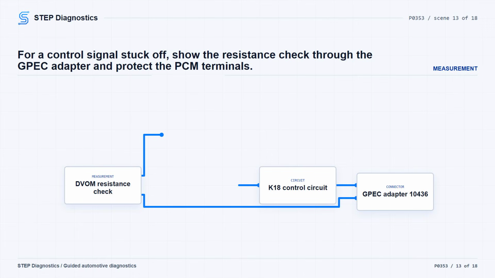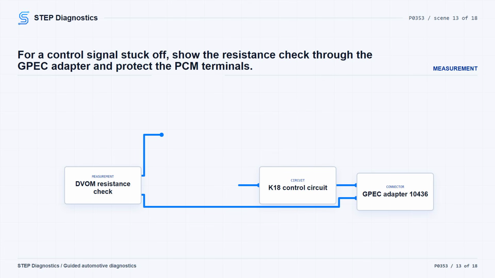If the test light was off constantly, check the coil 3K18 control circuit for an open or high resistance. The ignition must be off for this continuity check. Isolate the circuit by disconnecting the ECU and the component harness connector that contains the circuit. Before measuring the circuit, measure the resistance between the two DVOM leads. Then connect one DVOM lead to the circuit at the component harness connector and the other lead to the circuit